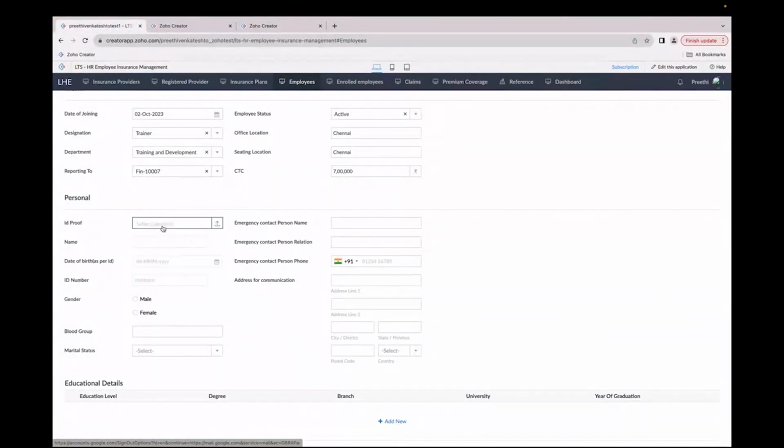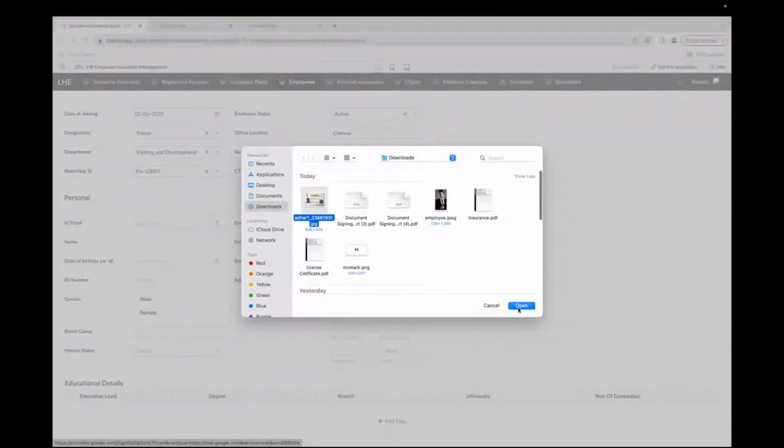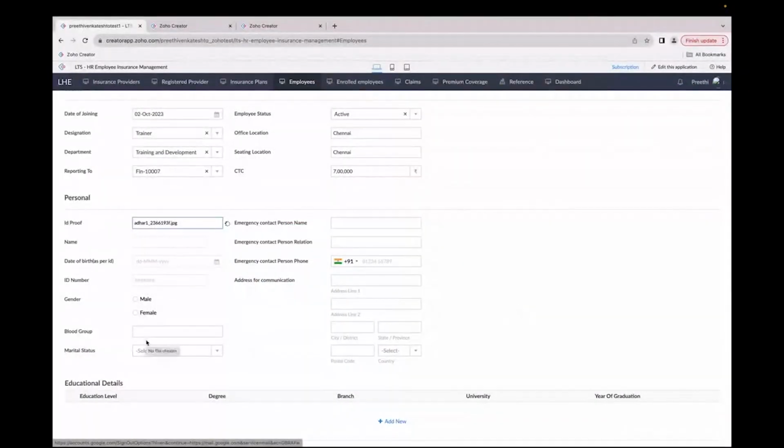So now I'm just adding a dummy ID proof that contains only the name. So the name, date of birth, and ID number will get populated. If you notice, this ID proof, as I said before, contains only the name. So the name is getting populated over here. If you train the model with the date of birth and ID number, that too will get populated over here. So now I'm just giving